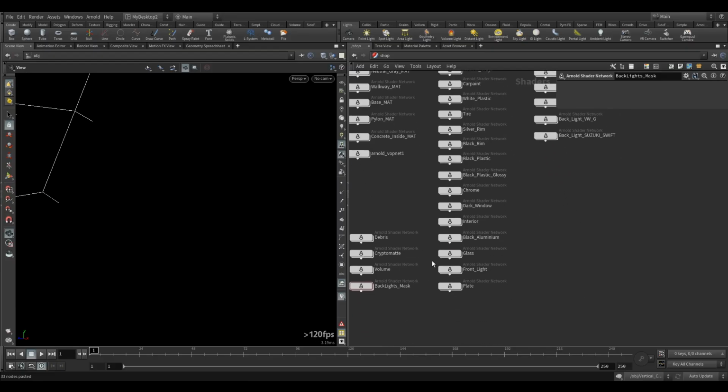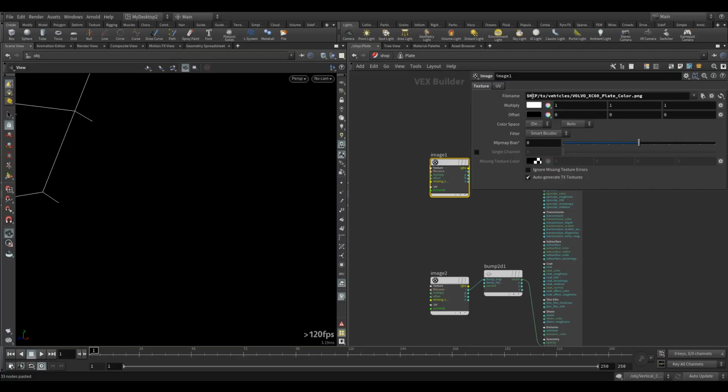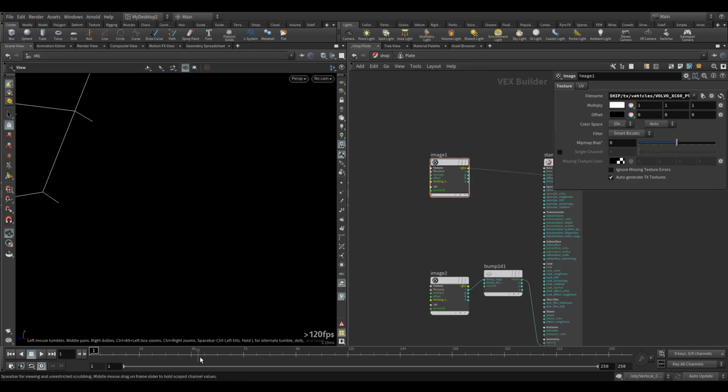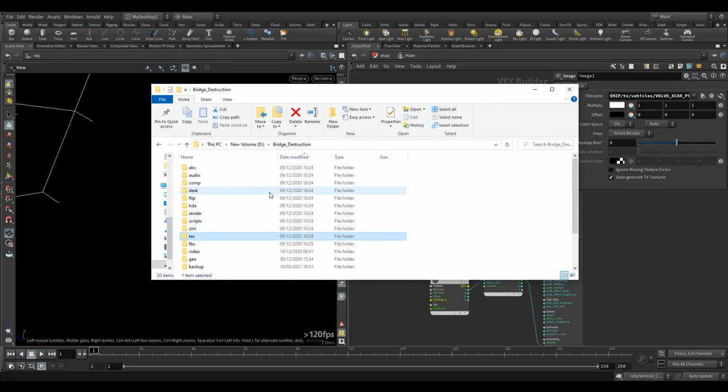So if I go back to that plate there, and we look at the texture, you can see here we follow the hip variable, and that's going to take me into my project folder, and then it's going to look for a TX folder, and then vehicles, and then this file, which we don't have at the moment. So in our folder, if I drag it across, we have text, and this is looking for TX. So we need to drag in